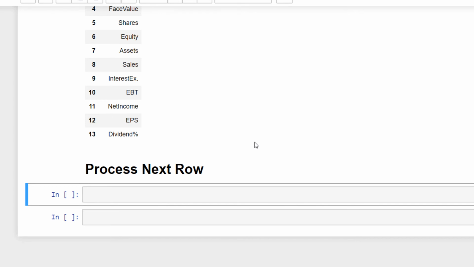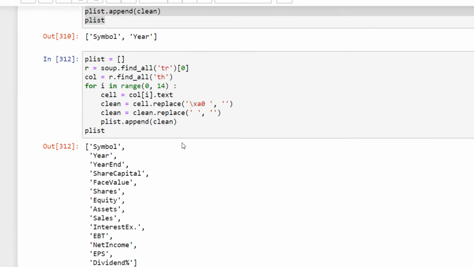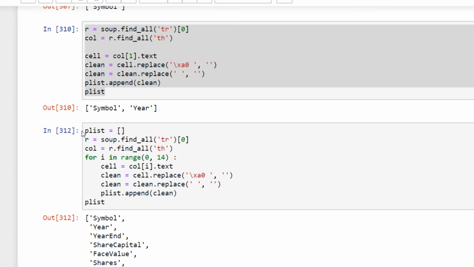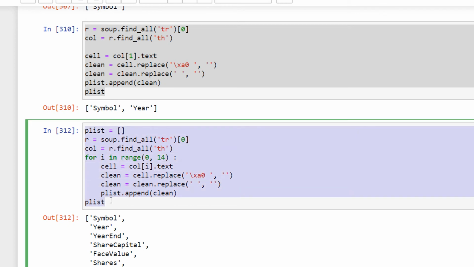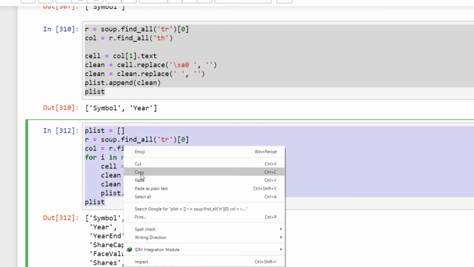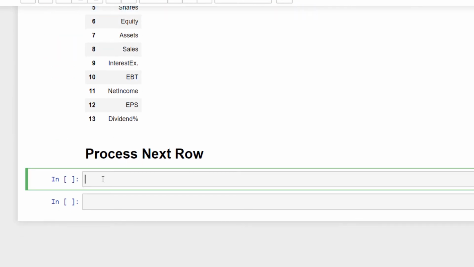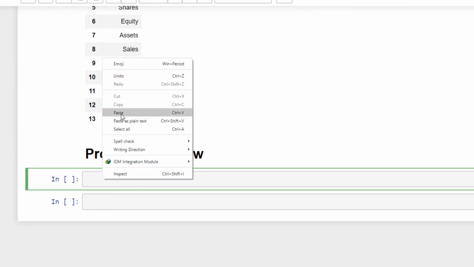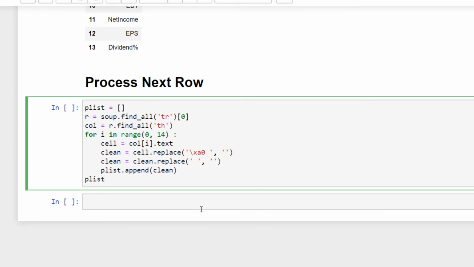Okay, great. Now how to process the next row? We can process the next row very easily by changing the row variable. So now this block of code can be further modified to make the row index a variable. Right now we used it as a constant.